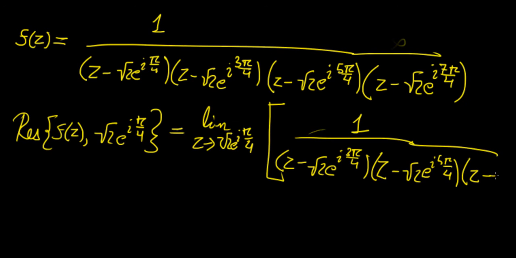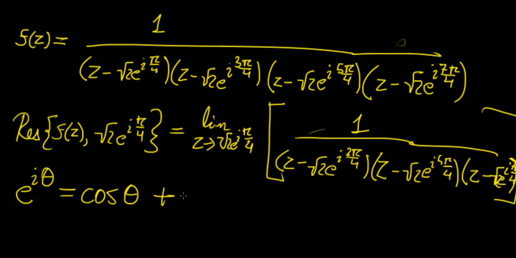So this is a fairly long calculation. I won't go into it, because all you need to do to evaluate this expression is put the values of z into here. So basically you're just going to put this value, and then you can evaluate these ones by using the expansion. Remember that the Euler identity tells us that this is equal to cosine of theta plus i sine of theta. So what you're going to do is evaluate each of these roots in